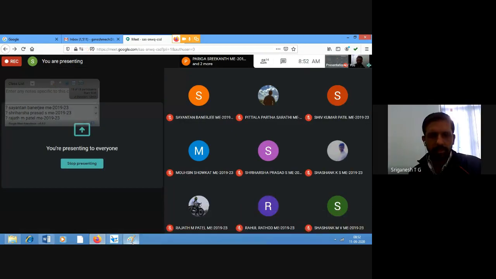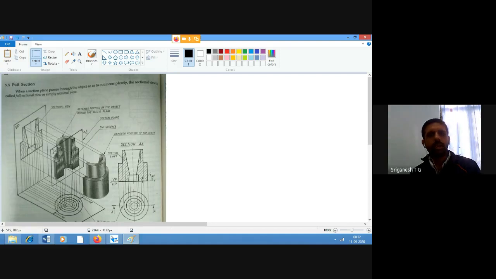Okay. Right. So let's go on to the next part. In orthographic projections, we have another part which is called the sectional orthographic views. So what is this sectional orthographic views? In the last class, we had seen that an object will be given, for which we have to draw the front view, top view, and the required side view. It can be the left side view or the right side view. But now what they need is only a sectional view.